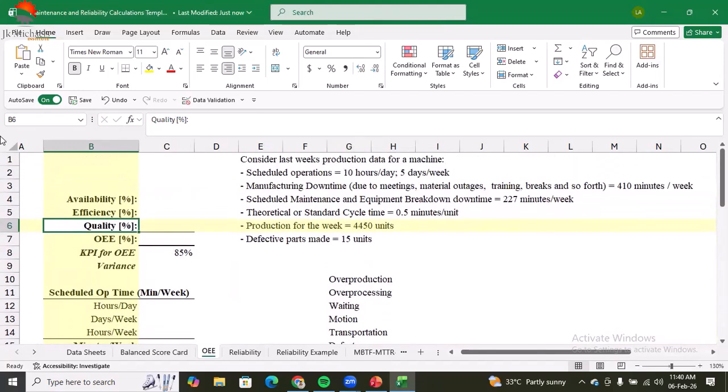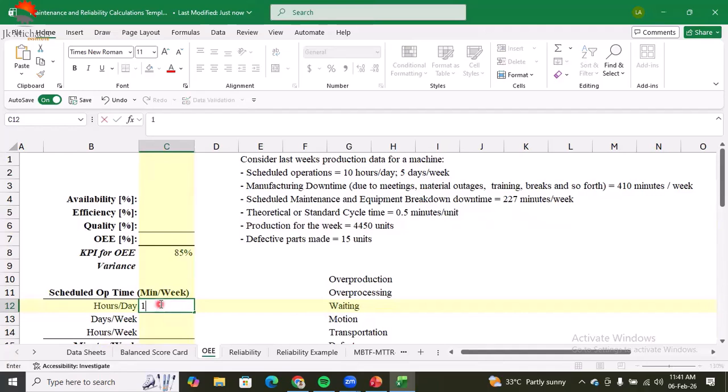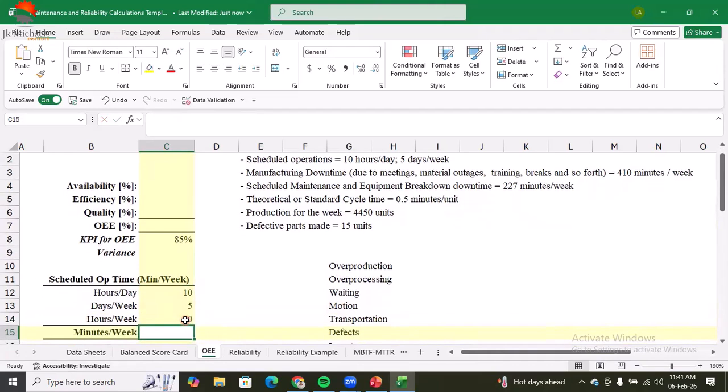Now let's look at the data and let's calculate. Calculate the last week's, so consider last week's production data for a machine. Scheduled operation is 10 hours per day, so we put 10 for hours per day. Days per week, quite simple, we put 5. Hours per week will simply be 10 hours per day multiplied by 5 days per week. So hours per week will be